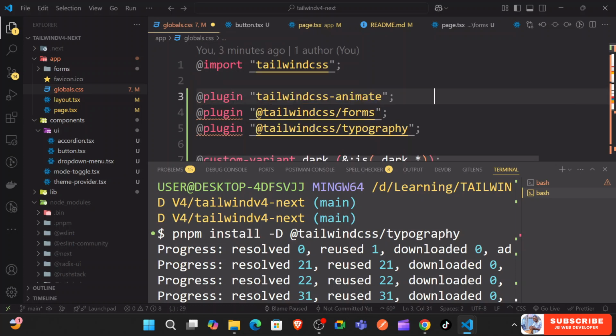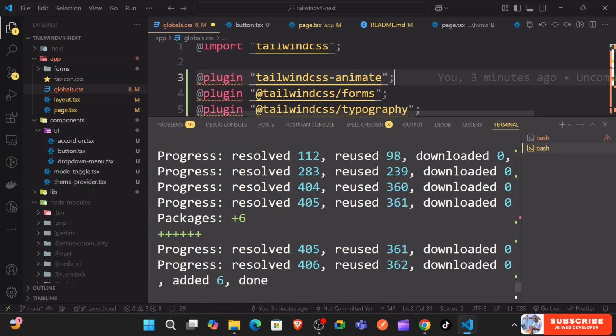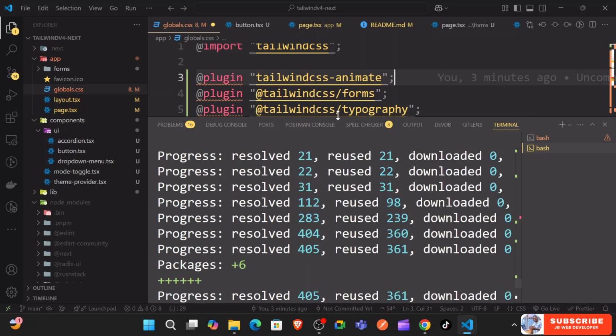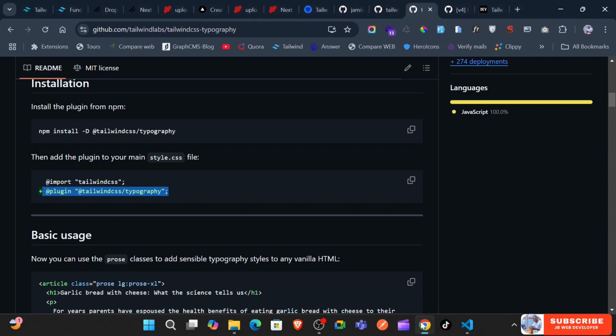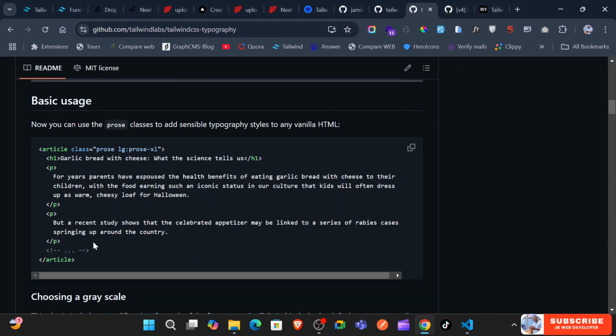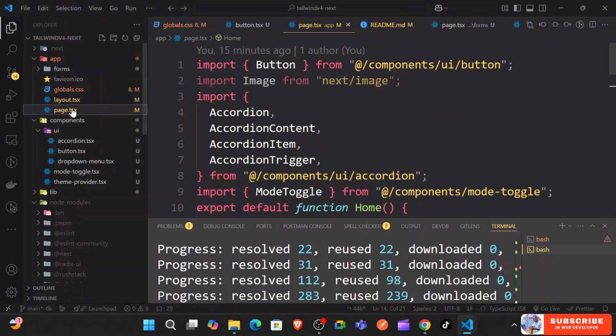So we can also bring back the animate. Okay, you have to install it. It doesn't come really installed. So we have added the typography. So to check this, I think we could just copy some of the thing here like this, and let's go to the page,